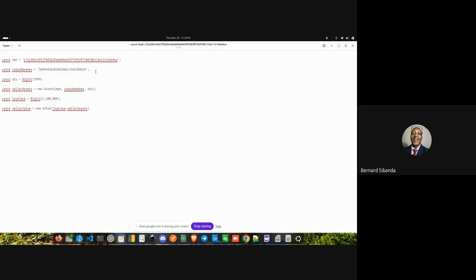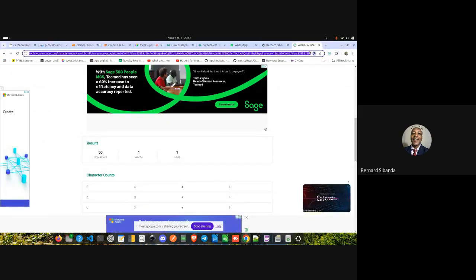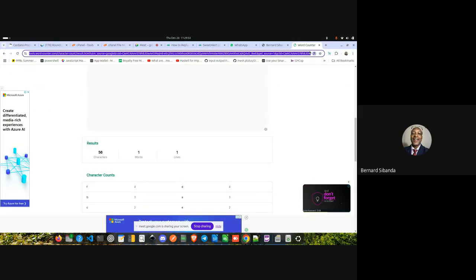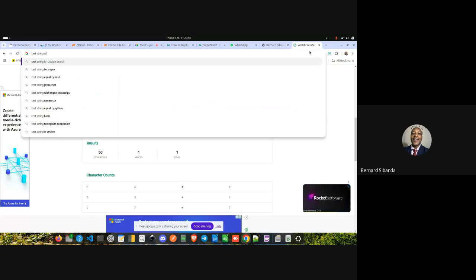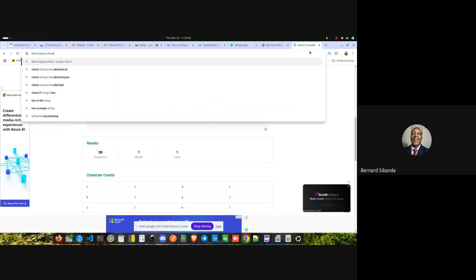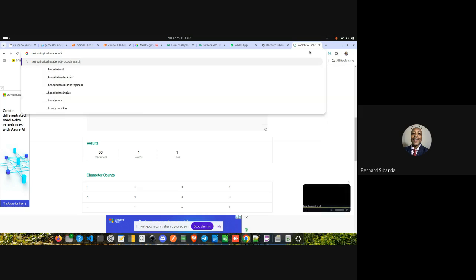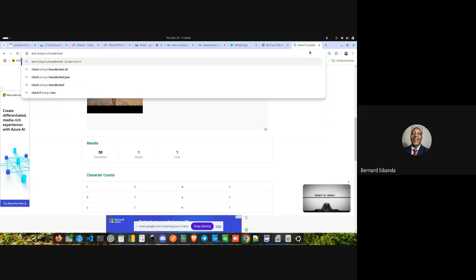If you know another property to test, it is hexadecimal. I do not have a JavaScript function for testing hexadecimal. Test string is a hexadecimal number.